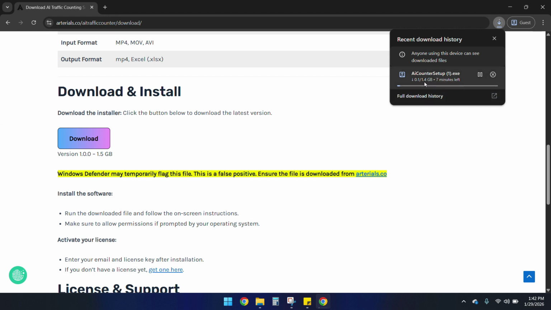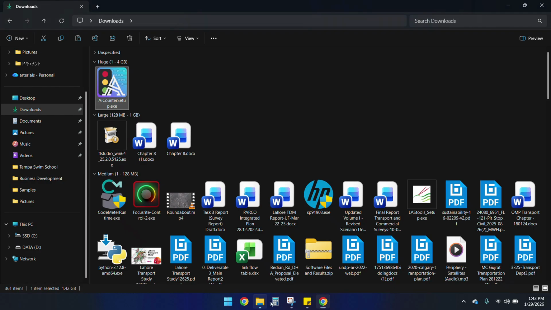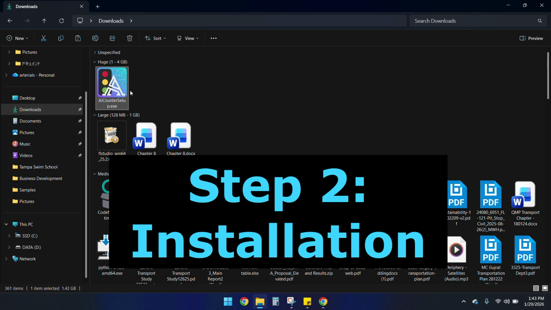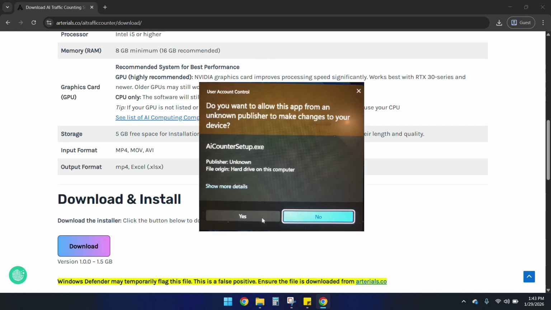Now it is about 1.5 GB, so depending on your internet speed, it might take a few minutes. I already have the software, so I'm just going to cancel this setup and move on to the next step. So I have the setup file over here, and I'm just going to run it. Windows Defender or Firewall is going to ask you what it is you want to do. So we're just going to accept it